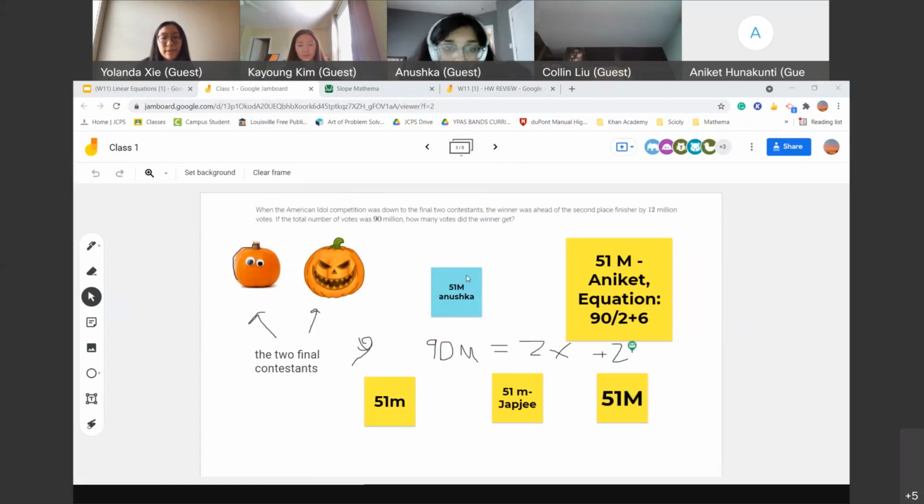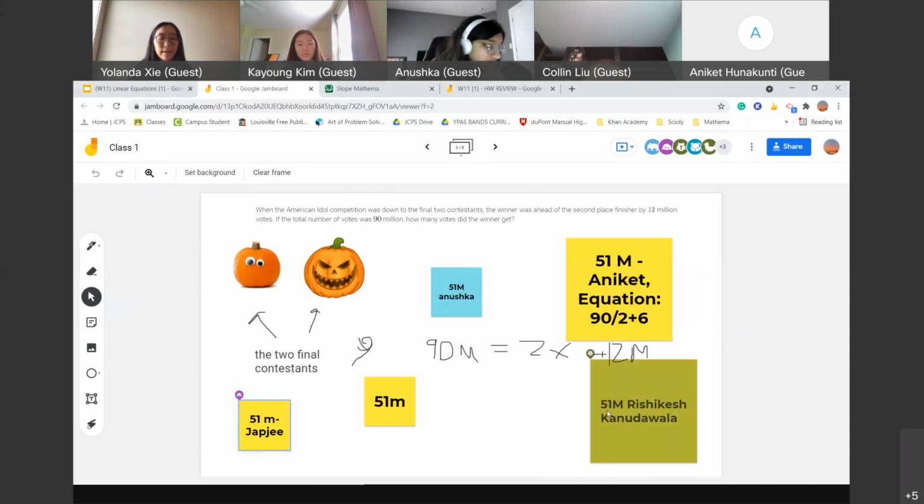Sorry, 12 million. Okay, and now we're going to try to isolate the variable on one side. So we're going to subtract 12 million from both sides. Whatever you do to one side, you have to do to the other side. And so then that gets you